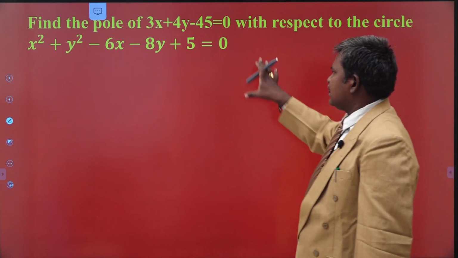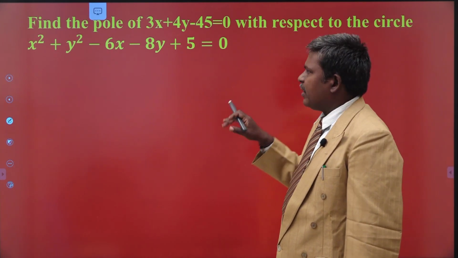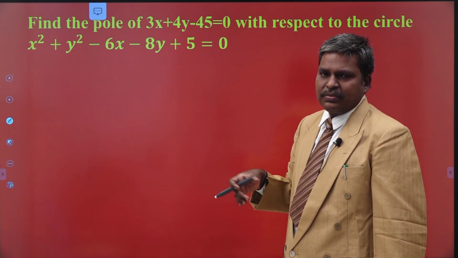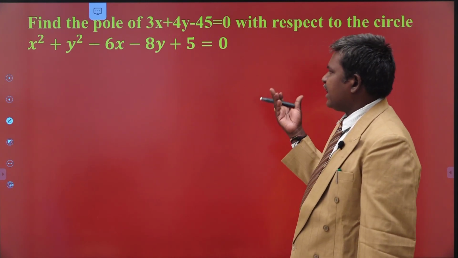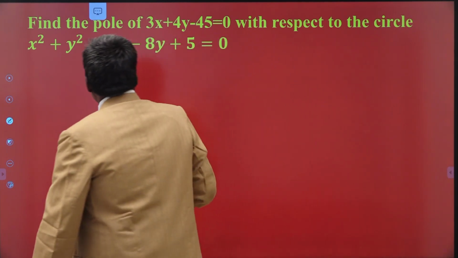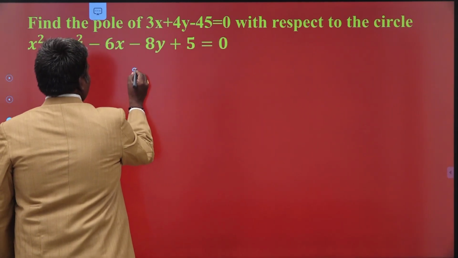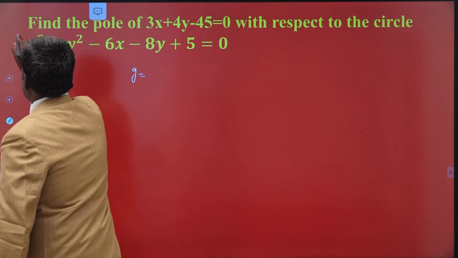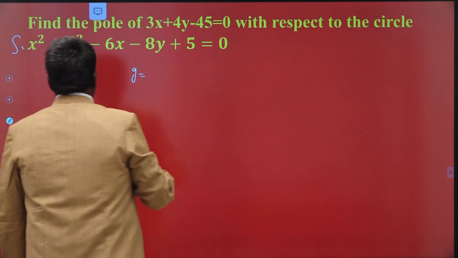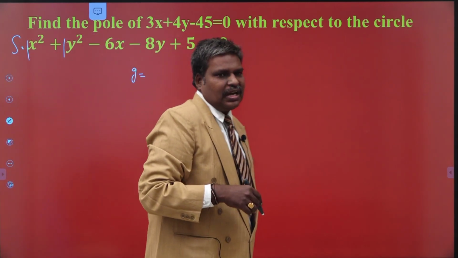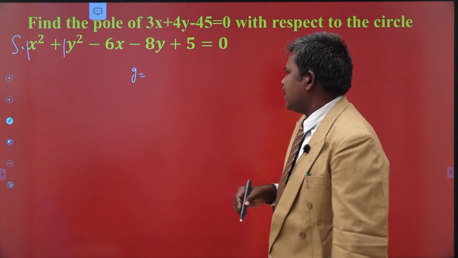Suppose this is a long answer question for you, you may write the polar equation and compare with that one and find the pole. If it is a short answer, you can write the formula. Understand? You may do any method. Here, what is g now? g is the half of x coefficient in the standard form. Your circle is S equal to 0, say it is in the standard form, that is, coefficient of x square and coefficient of y square is 1. If it is not, you have to divide with that coefficient.